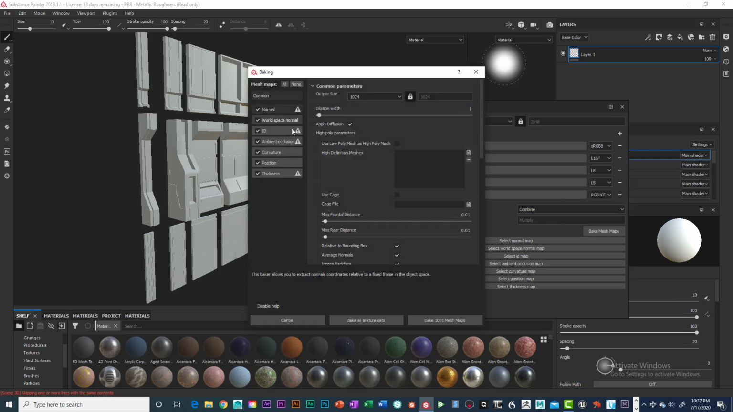We need normal map on. We don't need world space normal. We don't need an ID. We don't need an ambient occlusion. We do need a curvature map. We don't need position. We don't need thickness. We do want this to be 2048 by 2048. We've been through all this stuff. Let's go ahead